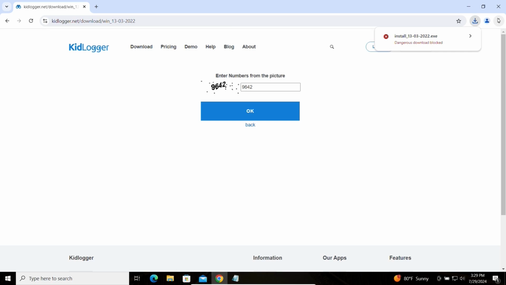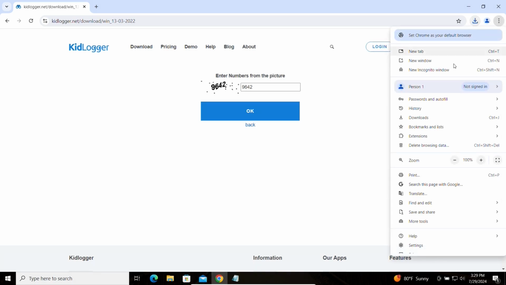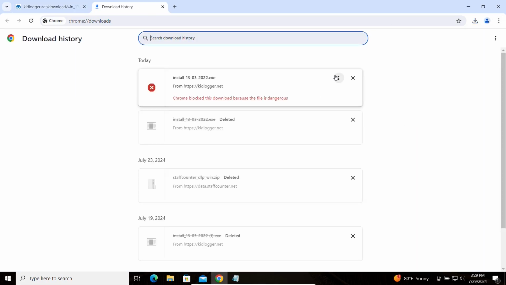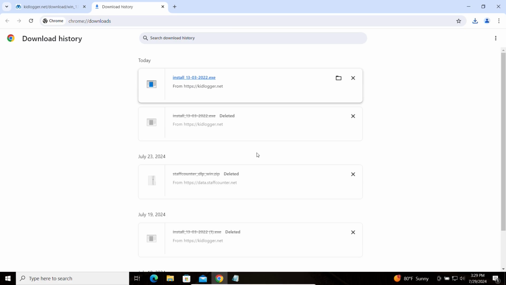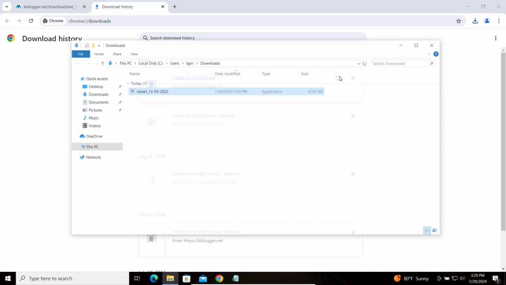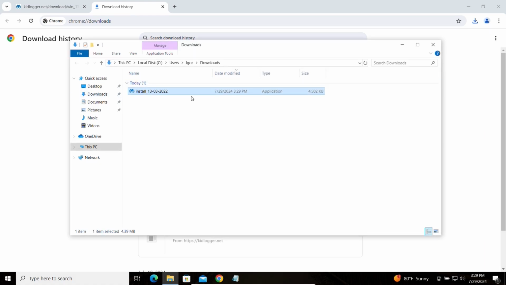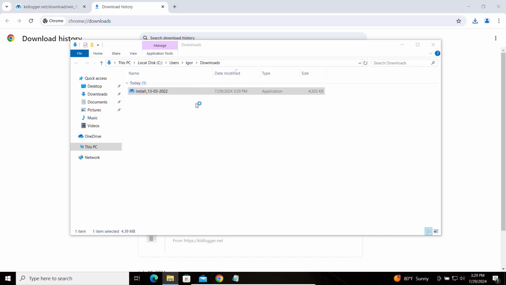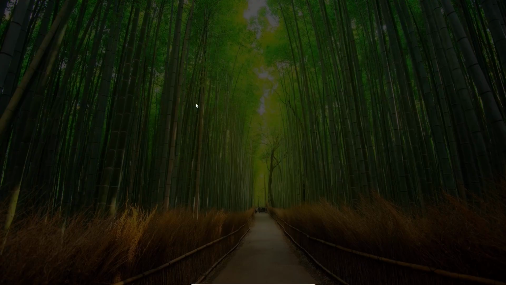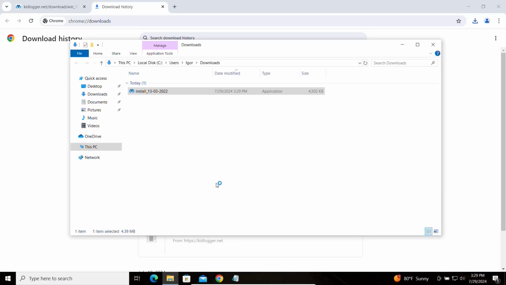Google Chrome browser may stop downloading this file, but we open the download option and click Download Dangerous File, because we know it is not a virus, but a monitoring application. The KidLogger Pro installation package has appeared in your Downloads folder. We should run it as administrator. Right-click and select Run as administrator. Click Next several times